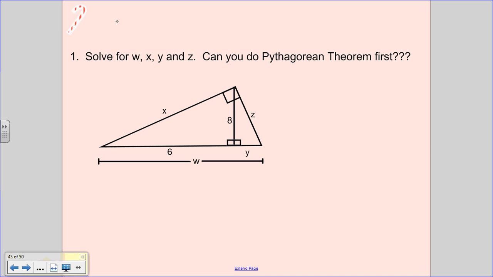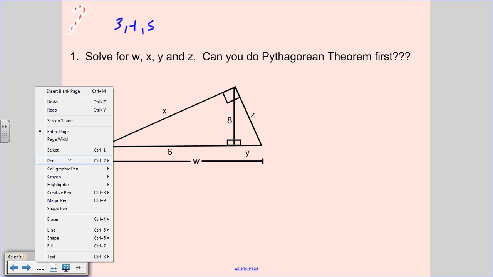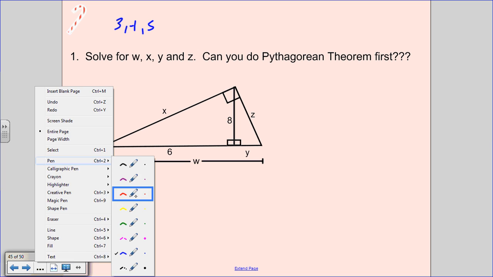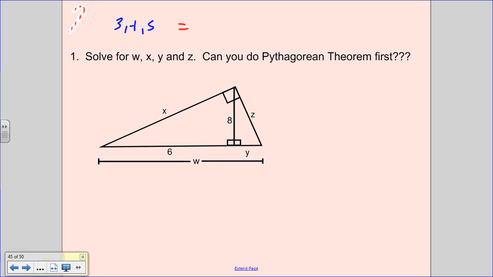If you recall the Pythagorean triples, one of them is 3, 4, 5. And then if I take each one of those side lengths and multiply them by 2, it would give me 6, 8, and 10. So the medium-sized triangle is 6, 8, and I have 6 and 8, so that means the last side, the hypotenuse, x, has to be 10. Great. Now that I know x,